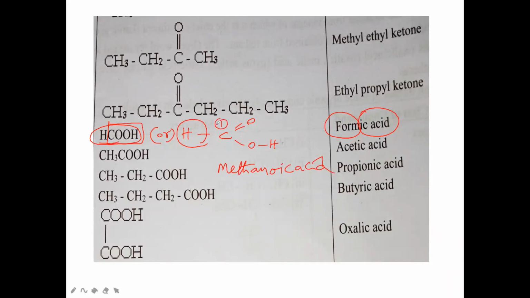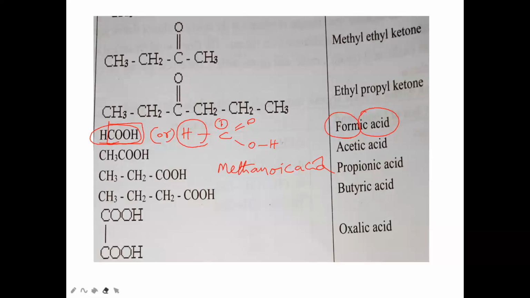Anyhow, this is only the first carbon. We need not give numbering here, because only one carbon is there. When one carbon is there, we need not give any numbering. That's why HCOOH is methane oic acid. We need not say methane 1-oic acid. Simply say methanoic acid. So methanoic acid is the IUPAC name, and the common name is formic acid. When a red ant bites your skin, we get a burning sensation due to what? Formic acid. So this formic acid is present in red ant stings. So this methanoic acid or formic acid you have to remember.